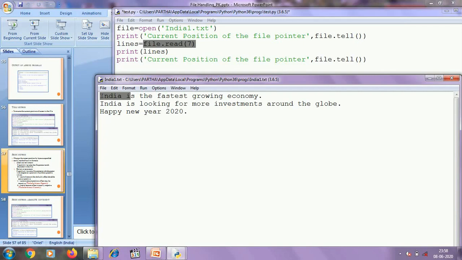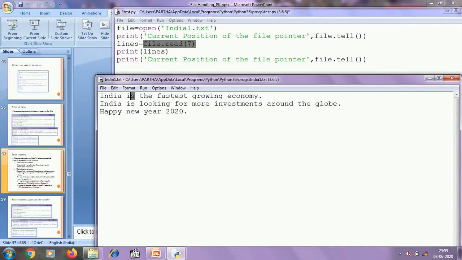After reading these 7 characters from the text file, the file pointer will point to this character, and here we are displaying the current position of the file pointer using file.tell, and file pointer is pointing to this character. So it will return 0, 1, 2, 3, 4, 5, 6, 7, as S is the 7th character, so it will return 7.